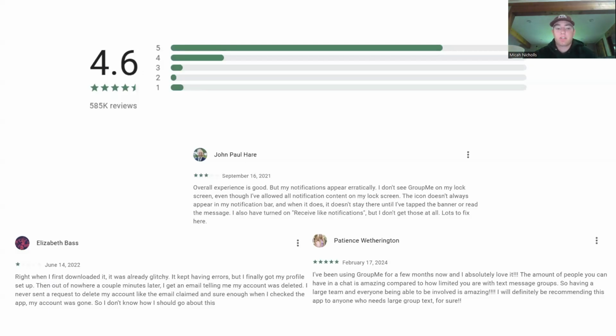So on this page, I have all of the reviews, and this outlines a lot of the pros and the cons of using GroupMe. So this first one, bottom left, from Elizabeth Bass, is complaining about how it can be a little buggy, it can be a little glitchy, and that is true. A lot of that has been fixed over the last year. As you can see, that's a rather old review, but sometimes those glitches can still happen. A lot of times, a glitch that has happened to me is that I'll click on one chat and it'll for some reason take me to another one.